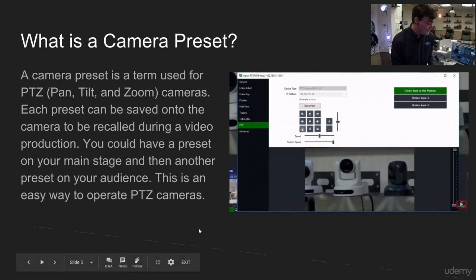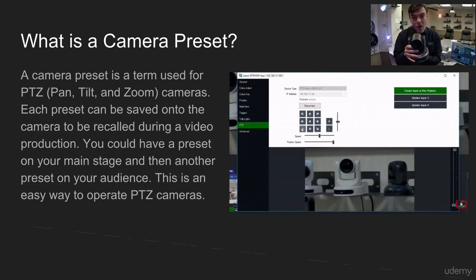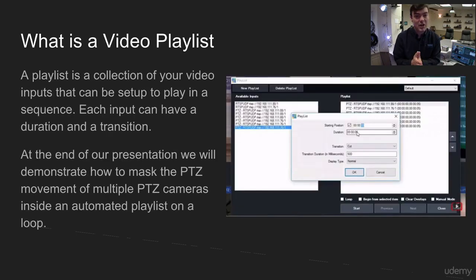What is a camera preset? A camera preset is a preset position. If you have your camera on a tripod, you can set camera preset 1 to be a zoomed in shot of the guitarist, preset 2 a zoomed in shot of the drummer, and preset 3 a wide shot. So you can have these pre-programmed positions that we can recall and move to, and what I'm going to show you in this course is how to actually mask the movement in between those, which is really going to be great. This is an extra, something really cool I'm going to show you today